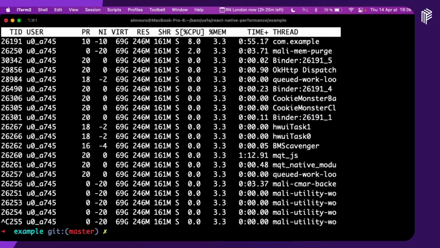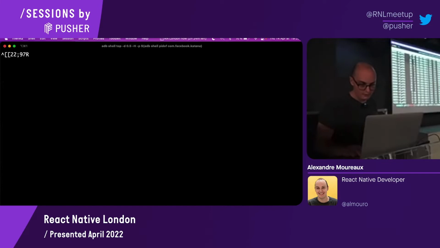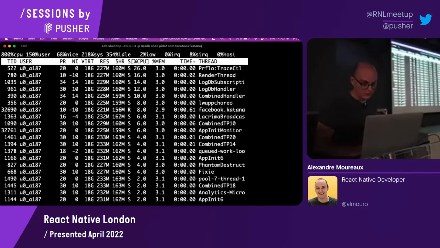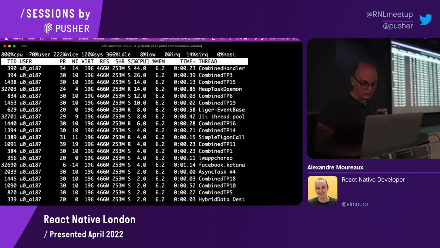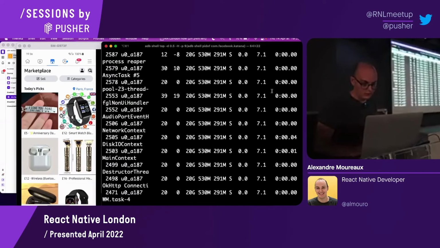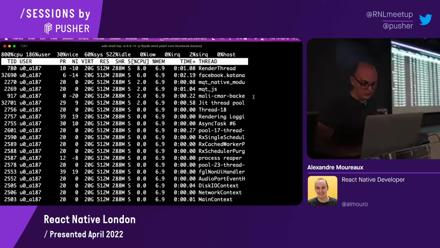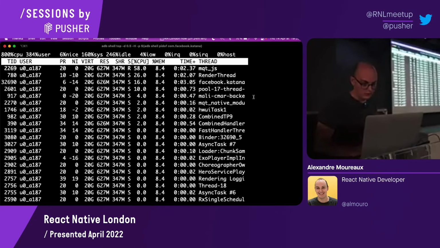Oh yeah, actually, I wanted to show something, just to show that this is in production. Facebook, because it was kind of acting up before. So these are the threads for Facebook, and some crazy stuff is happening. But for example, if we go to the marketplace, it's React Native. Oh damn, the marketplace is React Native, so you don't really see it. But if I scroll, the mqt_js should get a bit higher,